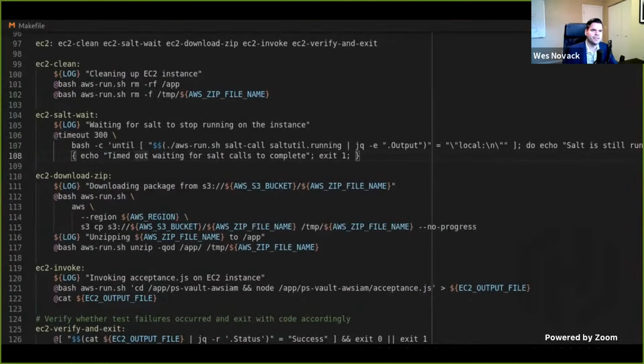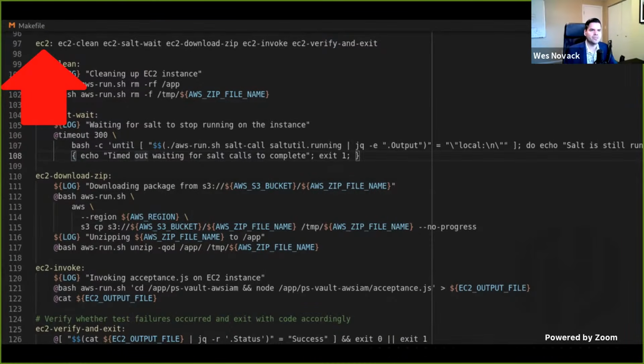So moving on, here on the screen, I've got a section of our makefile, so you can take a look at what a makefile might look like if you're not familiar with it. At the top here with this big emblazoned red arrow, we've got this EC2 target. So with a makefile, the core concept is that you have targets inside of your makefile. In this case, I have an EC2 target in my makefile. And in this particular case, this EC2 target is calling many other targets within the same makefile.